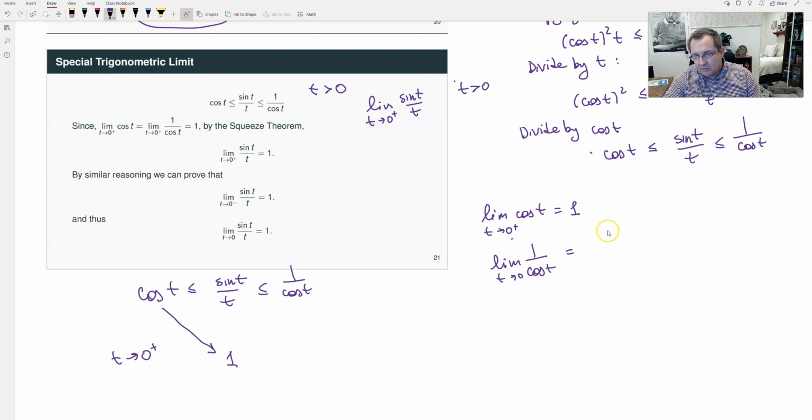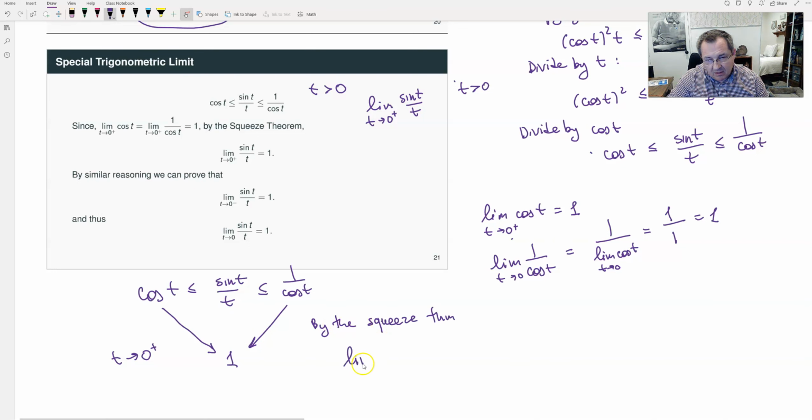Well, according to limit laws, we can replace the limit of a fraction with a fraction of the limits. We can say 1 over the limit of cosine t as t goes to 0. And we know that cosine t is approaching 1, so we'll have 1 over 1 equals 1. So guess what? The term on the right is also approaching 1 as t goes to 0 from the right. By the squeeze theorem, the limit of sine t over t as t approaches 0 from the right is equal to 1,